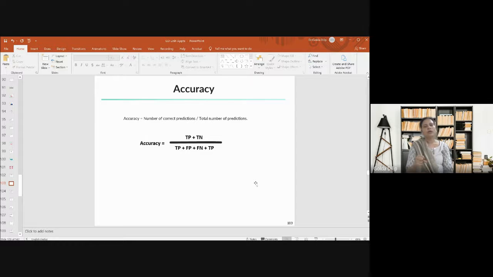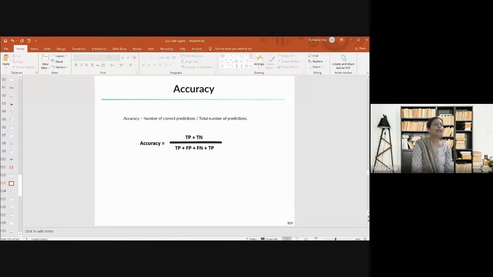Okay, so giving you a definition of accuracy, we can define accuracy as the number of correct predictions divided by the total number of predictions. Please make a note. Very, very important, not just from a data mining or examination point of view. Later, when you start doing a project, that time you will start thinking about all these things.